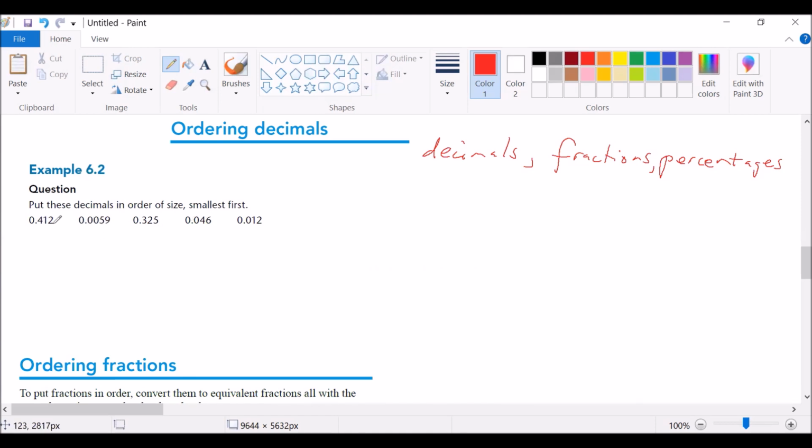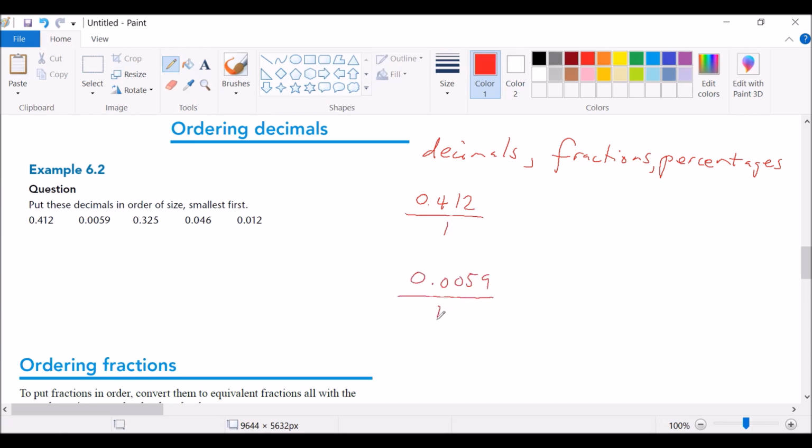Here there are 3 decimal places. Here there are 4 decimal places. Here there are 3 decimal places, 3 and 3. So 4 is the largest. We express them as fractions, which is 0.412 over 1,